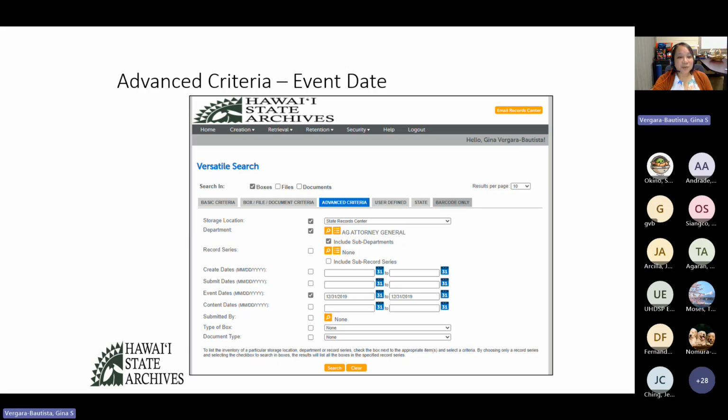12/31/2019 and 12/31/2019, sorry, on both of these fields. I know it's the same date, but it's like the from date and to date. So I want everything closed on that calendar year end. So I have checked off these two, and I am limiting my search only to Attorney General's